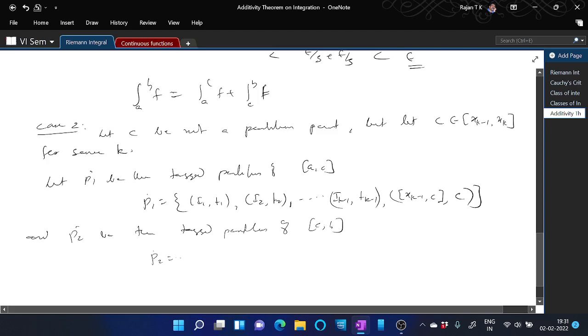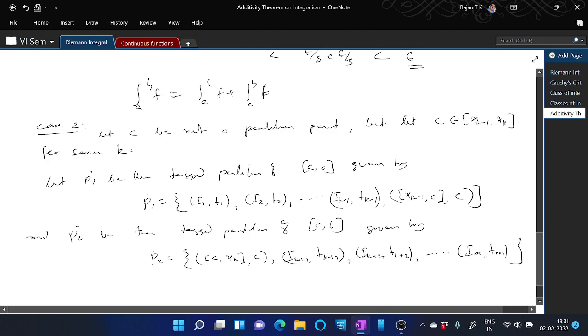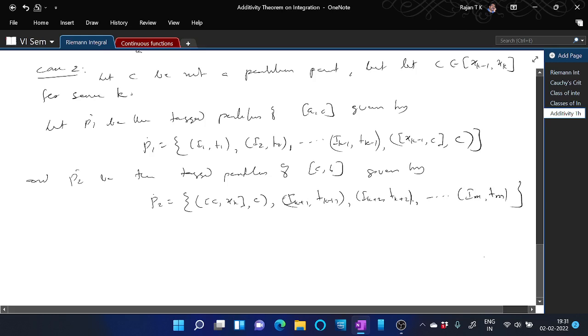where P2 is given by P2 equal to first C, xk with the tag C, and the remaining are ik plus 1, tk plus 1, ik plus 2, tk plus 2, etc., im tm. Then it is very clear that